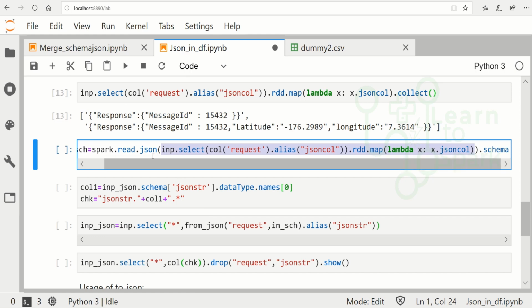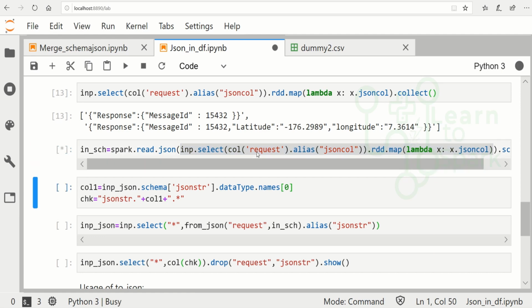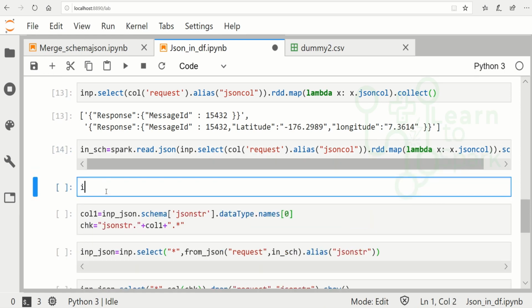Our spark.read.json will accept a string, or else a list, or else an RDD. Now here we are passing the RDD, and we need a schema. If we give dot schema, we will get the schema of this JSON string that we are passing. Let me show you after executing this. Let me show you what is available in the schema.